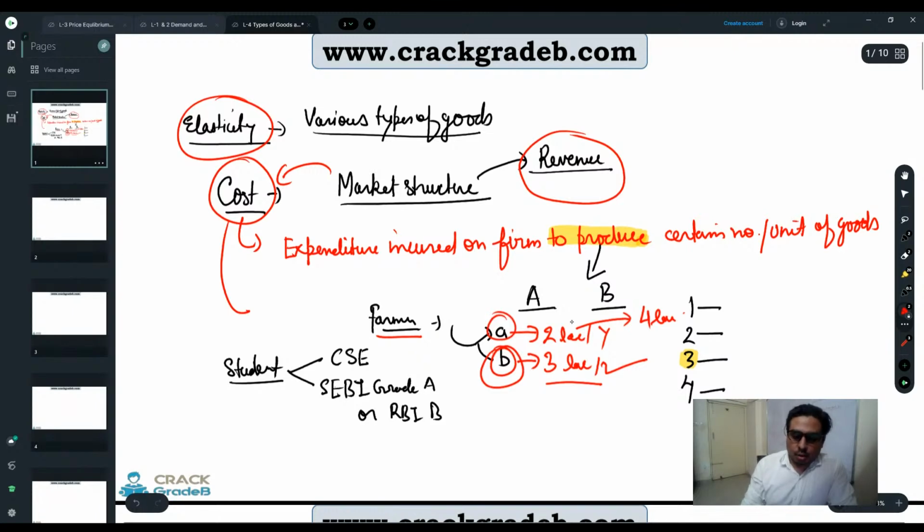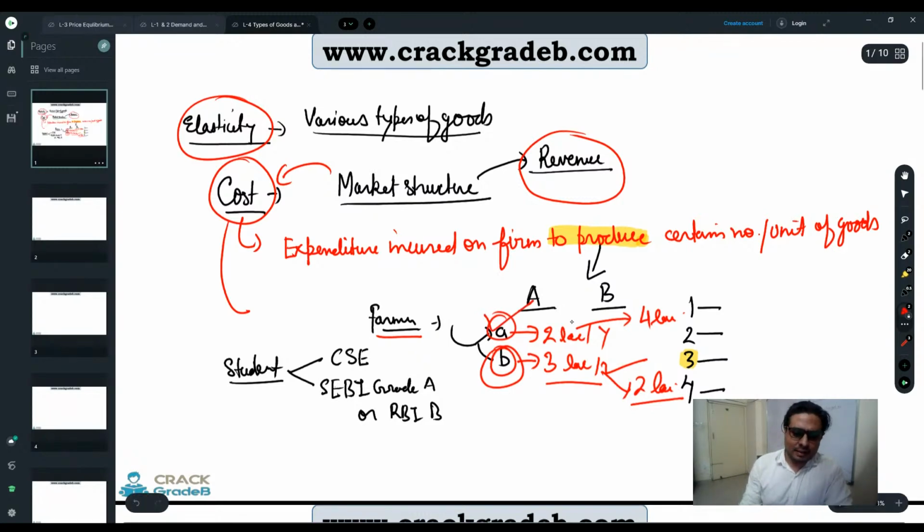And because more people are going to produce crop B, probably its price will be down because of the excess supply. So I will go for this one. At present it looks like I am able to earn 3 lakh. But if everybody like me is going to take this decision, then definitely the price of this crop is going to decrease. So he went another step and finally he went for choice A.